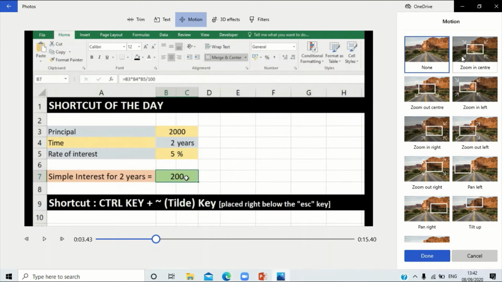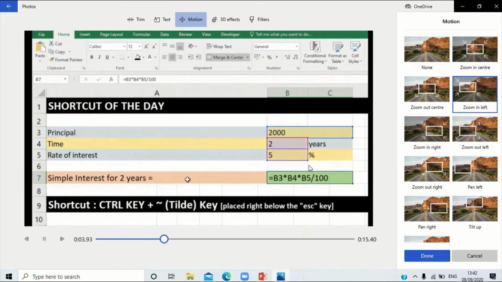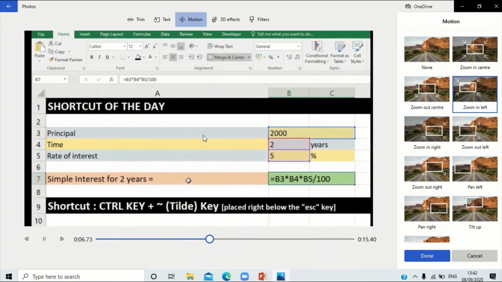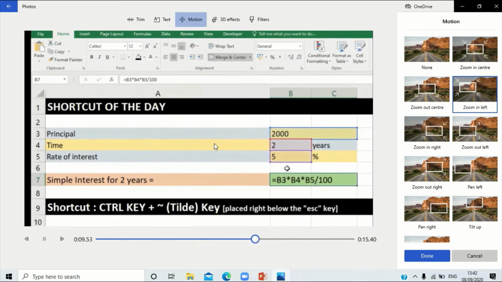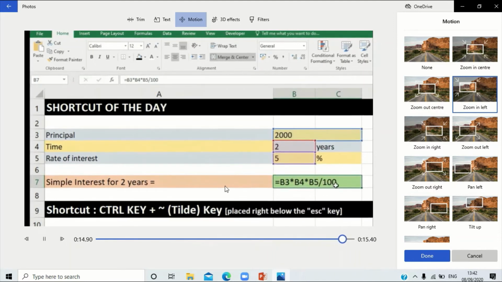The motion option is also quite useful, and it makes your video a lot better if you have these motion options embedded. So if possible, try to incorporate at least one of these options. And it's not a lot of zoom that is taking place. So if I just adjust this here, zoom in left, and if I just play the video, you can see that it's gradually zooming in on the left side. It's a very slight zoom that isn't very apparent, but it's enough for animating as well as putting your focus onto that specific thing.